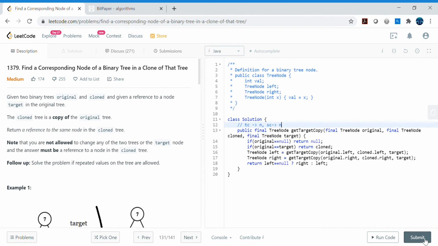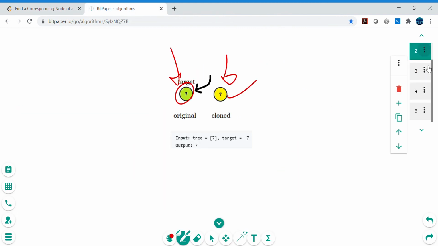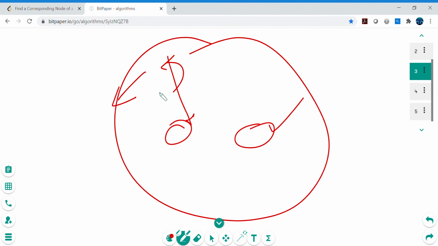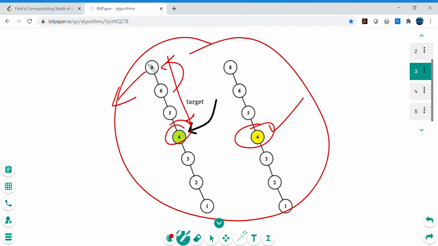Let's go ahead and try to submit this and let's see if it is working. So looks like this is working. One optimization we can have in this code is, we are traversing left side and right side, and in the end we are deciding whether we need to return left or right. So rather than doing it in the end, we can check here itself if left is not equal to null, then let's go ahead and return left from here itself, because it can be on the left side itself. So once we find left is not equal to null, left is already there, then let's go ahead and return left itself.